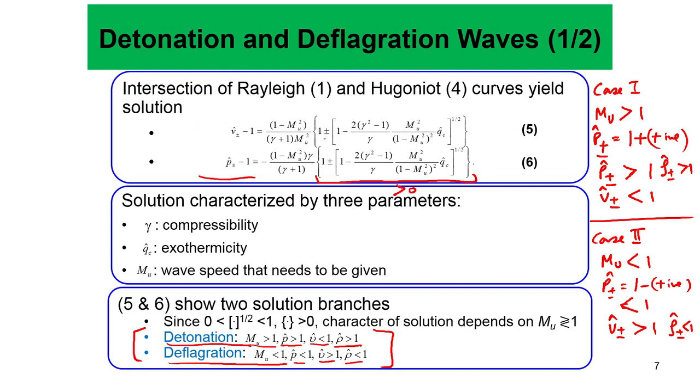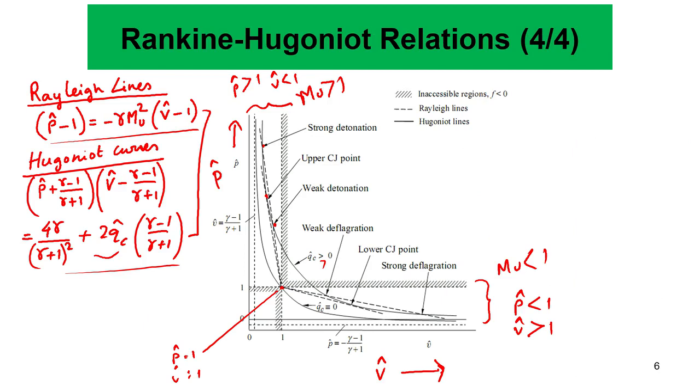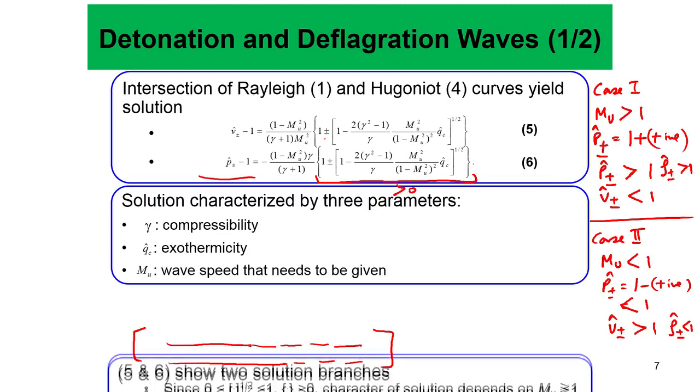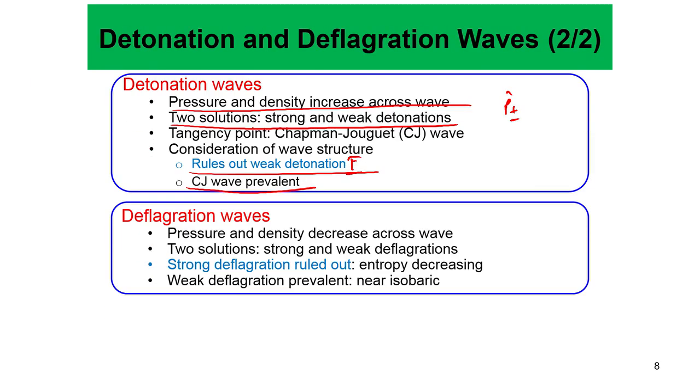So, this point does not exist because of the wave structure of this thing, whereas, as we will see later, this point is also not very common, whereas the detonation typically propagates at this speed, which is the upper CJ point, the Chapman-Jouguet point, which is essentially the tangency between the Rayleigh lines and the Hugoniot curves. Okay. Now, going to the deflagration waves, that is, mu less than 1,